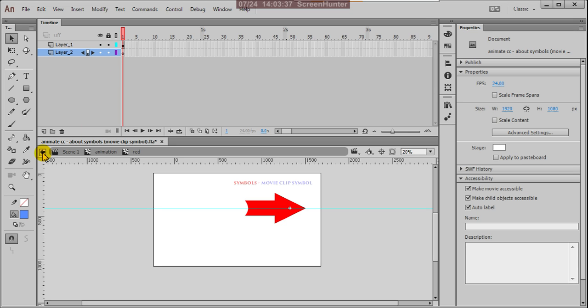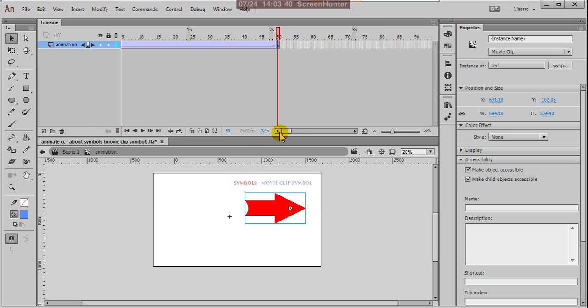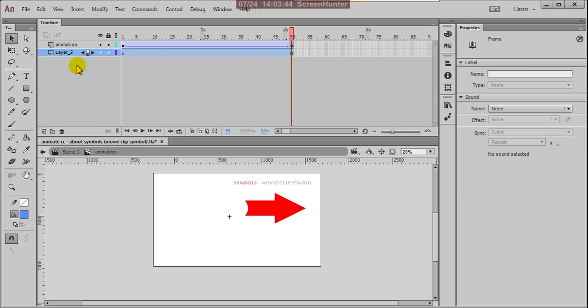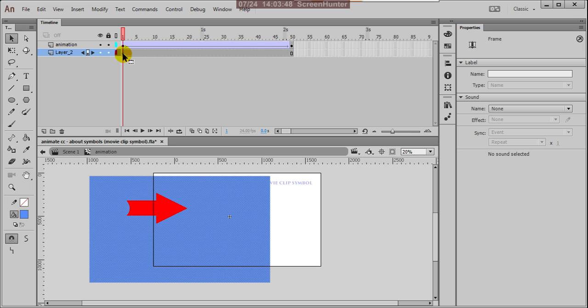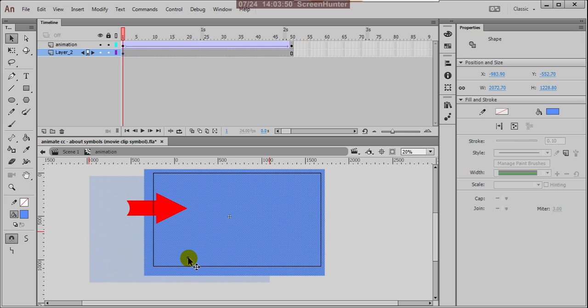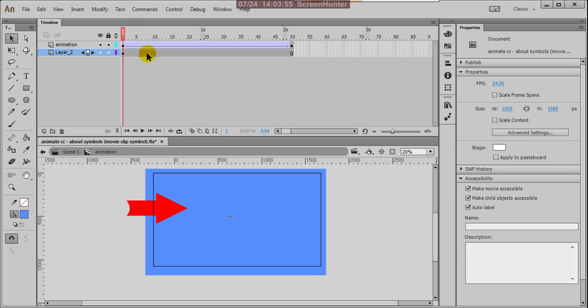Then come here and create one layer and paste in place. And instead of there, you can create the background here. Now you can check this, the background is added.